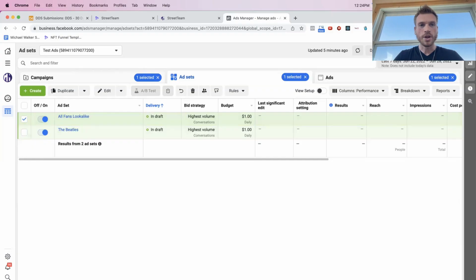This is one of the most important pieces of this whole strategy, is based on the more data that's coming in. The more data that comes in, the better idea that the algorithm knows of who are your most engaged fans and who are the people that you actually want to target. And so it's really important, as more data comes in, that you're keeping track and identifying who are your top fans. Because if you don't do that identification, then Facebook doesn't really know. They're just guessing based on what's the cheapest amount of traffic they could send you. Whereas if you are doing a good job of segmenting and actually looking at